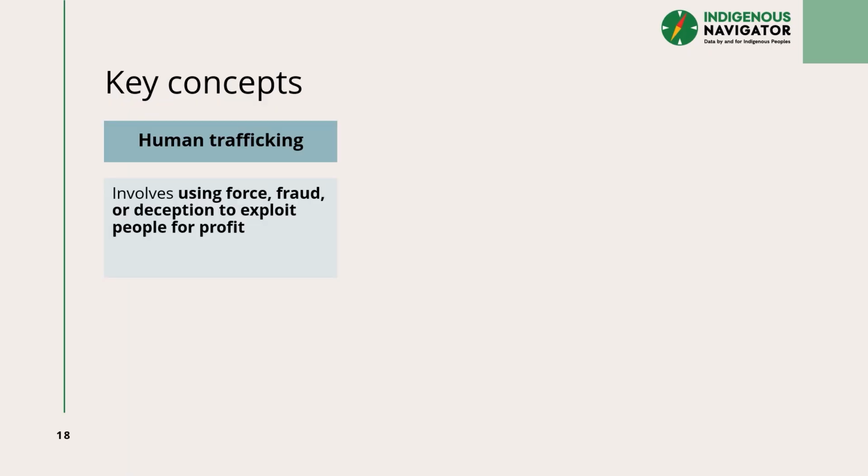The issues of human trafficking, forced labor, and child labor require some further explanation in the following. Human trafficking involves using force, fraud, or deception to exploit people for profit, and it affects individuals of all ages and backgrounds worldwide. Indigenous peoples are especially vulnerable due to overlapping forms of discrimination and poverty. ILO Convention No. 169 in Article 20.1 calls on states to take special measures to protect Indigenous workers during recruitment and employment.